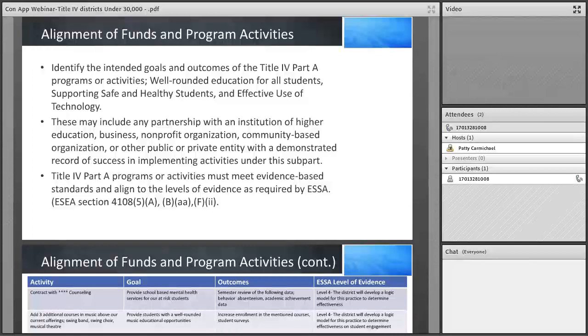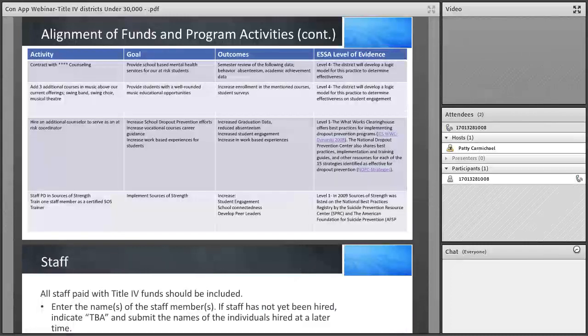These may include any partnerships with an institution of higher education, business, nonprofit organization, community-based organization, or other public or private entity with a demonstrated record of success in implementing activities under this subpart. Title IV Part A programs or activities must meet evidence-based standards and align to the levels of evidence as required by ESSA, which we just covered in the previous slide.